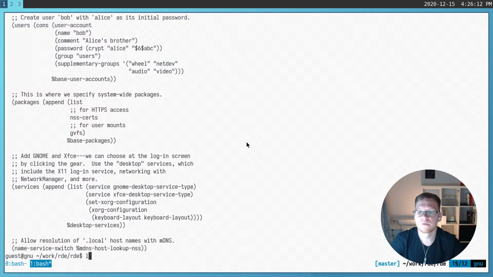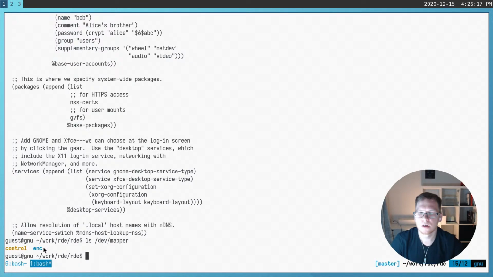And if we take a look at dev mapper, you will see here enc device that you can operate the same as you operate on any other partition, but in addition to your operations, you will have a transparent encryption of this partition, and after you unmount this enc device, nobody will be able to read the data from it until it gets a key,